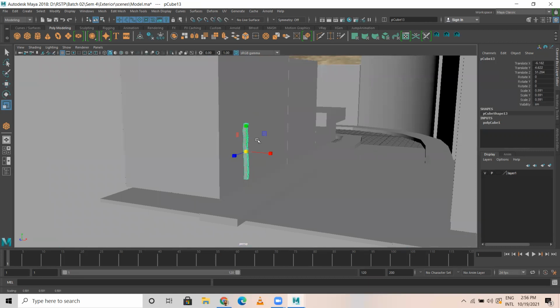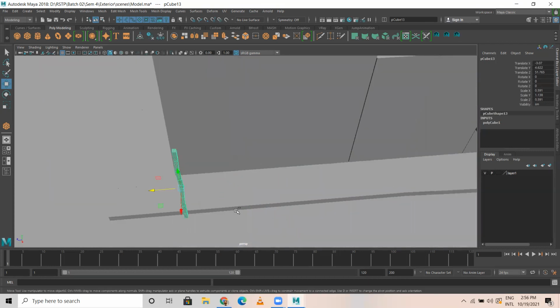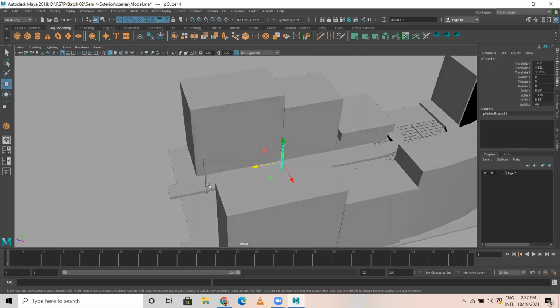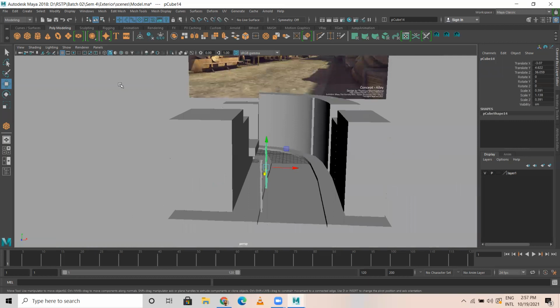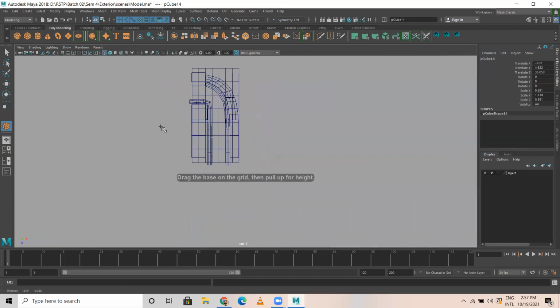It's smaller and a bit taller, and I'm going to place this here, and duplicate this one here. Let me create a cube again.